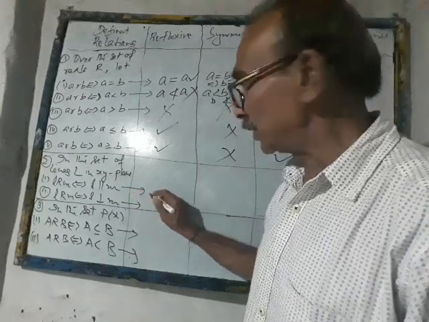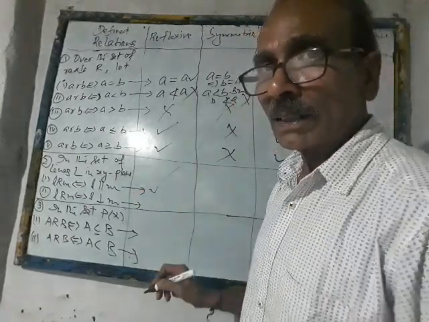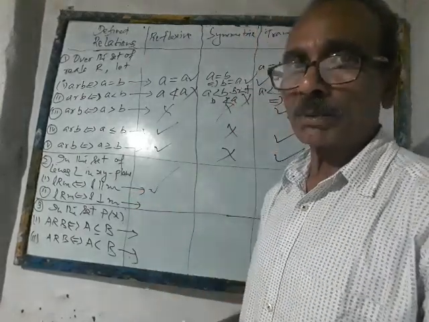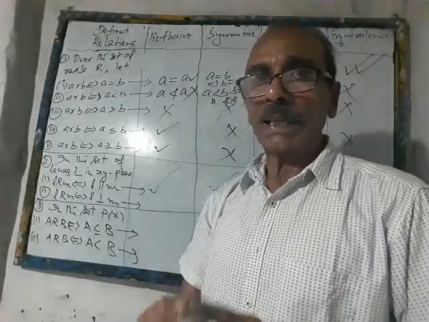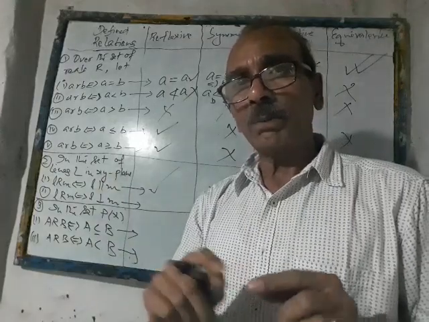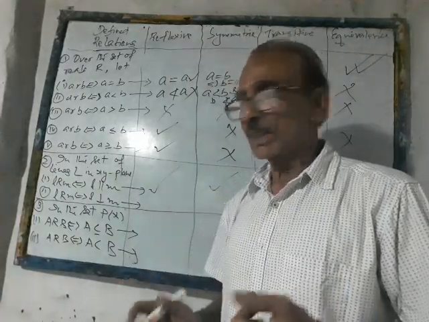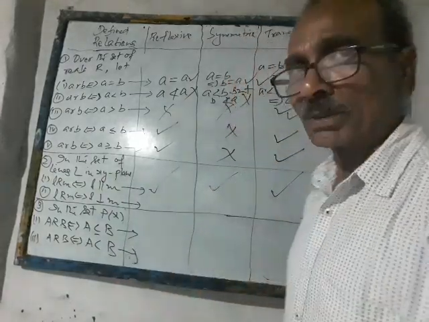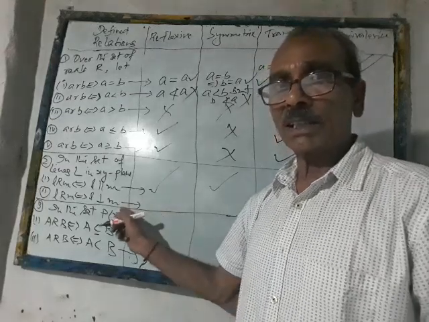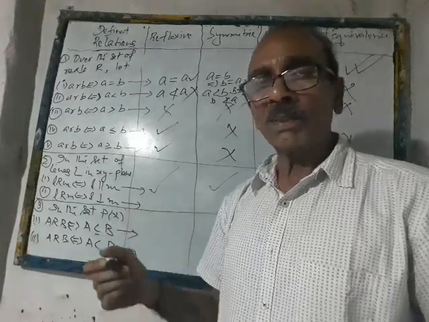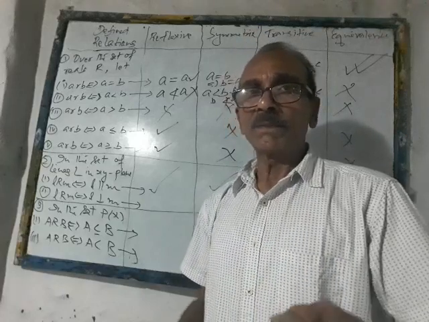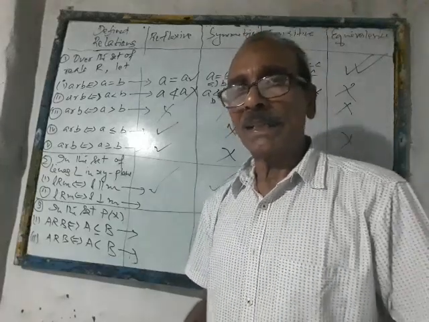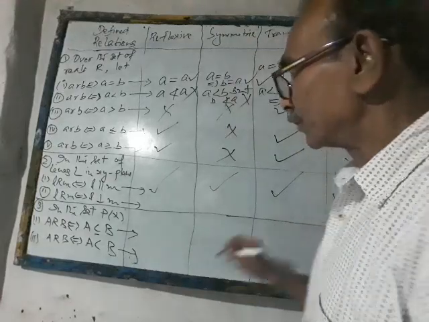Every line is parallel to itself, so this is reflexive. If L is parallel to M, M must be parallel to L, so this is symmetry. If L is parallel to M and M is parallel to N, then L would be parallel to N due to simple geometry, and this is transitive too. Since this relation of parallelism over the set of lines in the xy plane is reflexive, symmetric as well as transitive, it can be termed an equivalence relation.